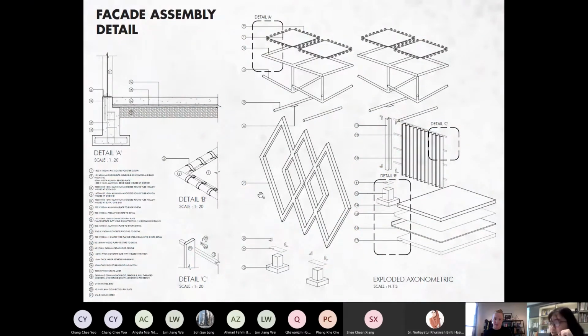And then the first layer of facade is more like a precast concrete, giving support to the roof space frame structure.